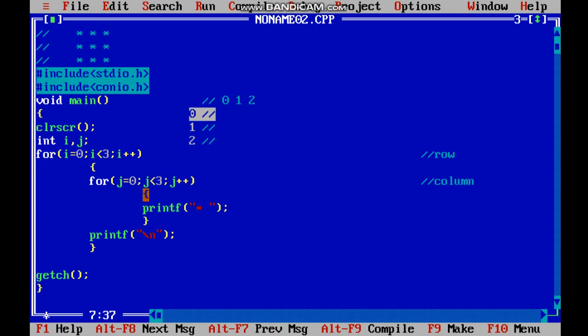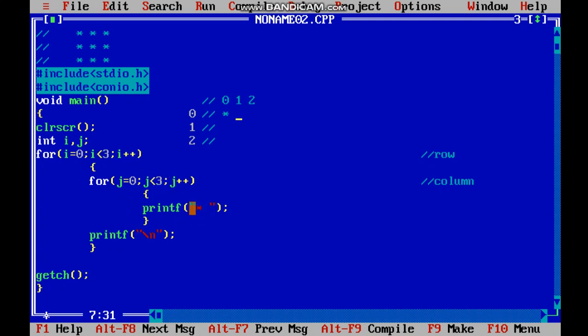Then it will execute this line, printf asterisk. What value were we getting? 0, 0, right? That means this portion. Now we are putting one asterisk, and we have a space also. Now don't come out of this loop, because first the inner loop will be terminated, and only then will it pass to the outer one.